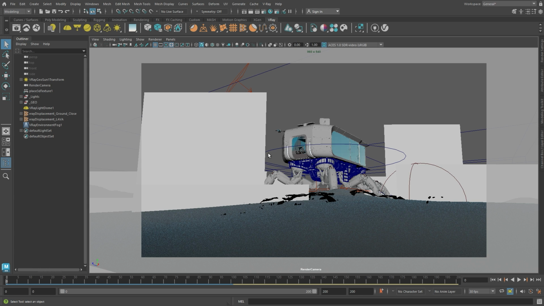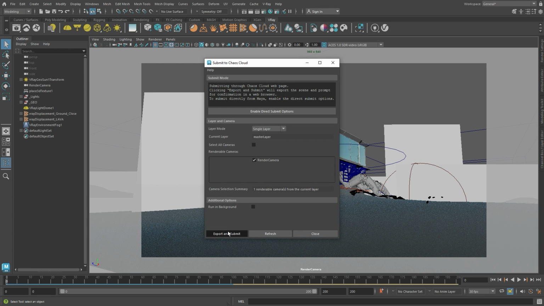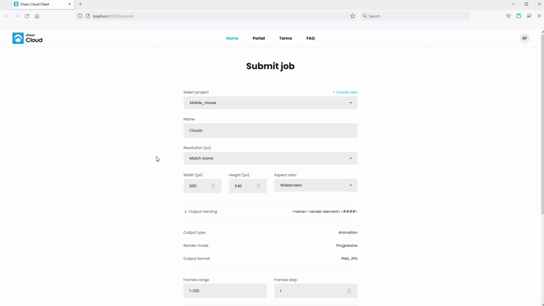After the optimization process, it was time for rendering. We had to render 7 different shots, each one with more than 200 frames, which meant we needed a lot of rendering power. Thankfully, we used the Chaos Cloud rendering service, which allows you to upload your animation sequence to the cloud and all of the frames will be rendered simultaneously, making this time-consuming process faster and easier than ever.